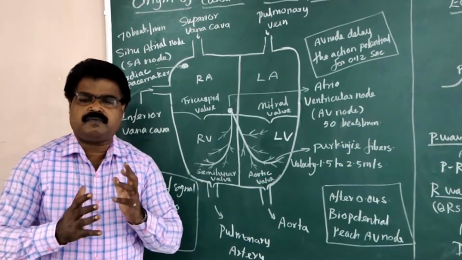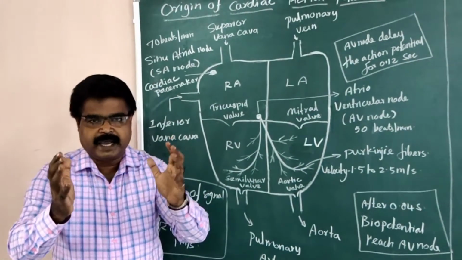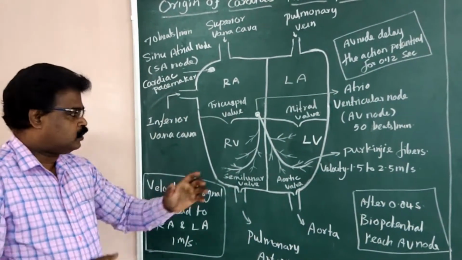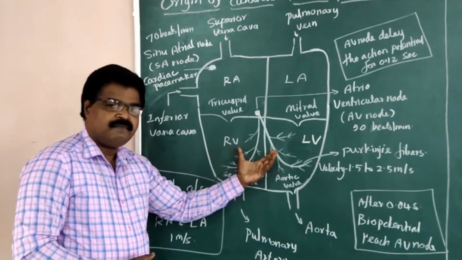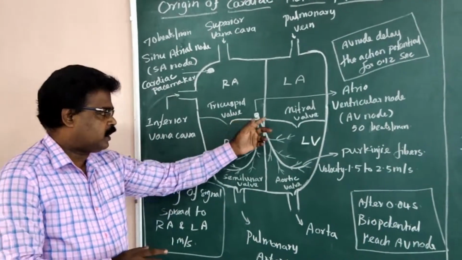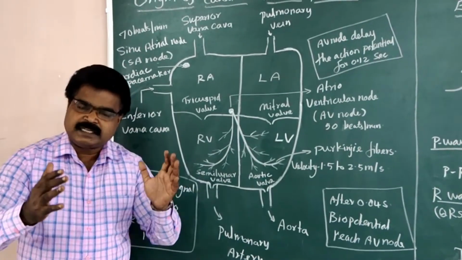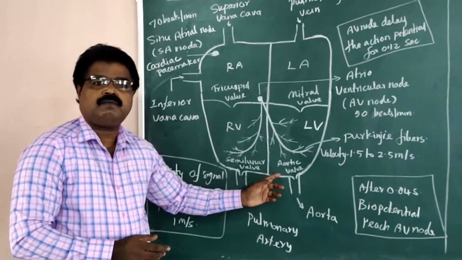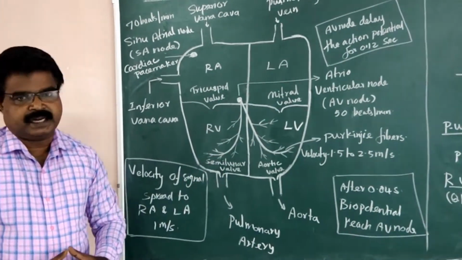In the structure of the heart, the atria are synchronized together and act together. Once the atrium contracts, the two valves open and the blood is pumped into the ventricles. Once the atrial activity is over, these two valves get closed. Then the two ventricles act together; when the ventricle contracts, the semilunar valve and aortic valve open and the blood is pumped from the ventricle.